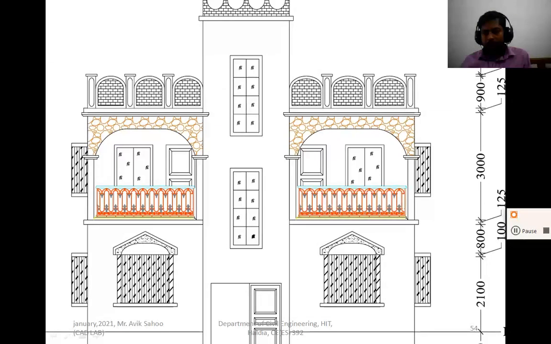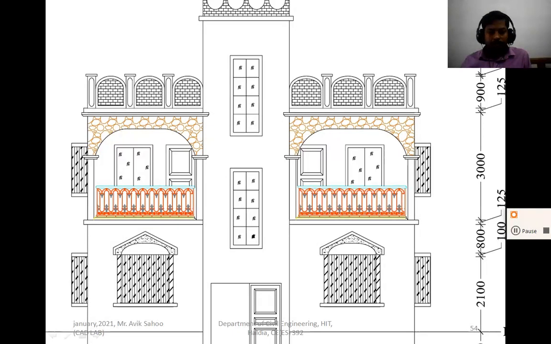The shape of the windows, a different pattern of window you may use. Different shape of the window you may use, there is no problem. The design is made according to you, so what the different architectural elements have been given, you design yourself.